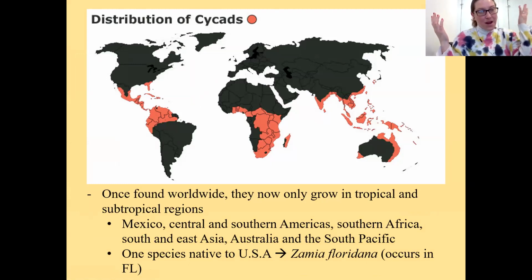Cycads, where are they? Well, they used to be everywhere. They used to be all over the world. But now they're only found in tropical and subtropical regions. So if you've ever been down to Florida or Central or Southern America, you may have seen cycads before. They also occur in South and Eastern Asia, Australia, and the South Pacific, and also Southern Africa. There's only one species native to the USA, which is Zamia floridana, and occurs in Florida, hence